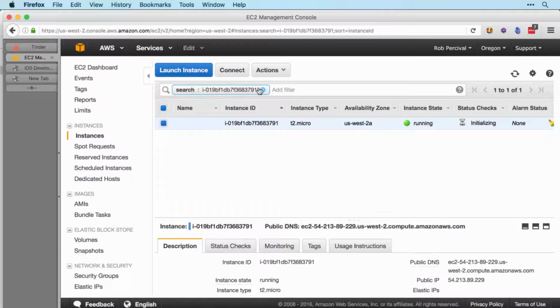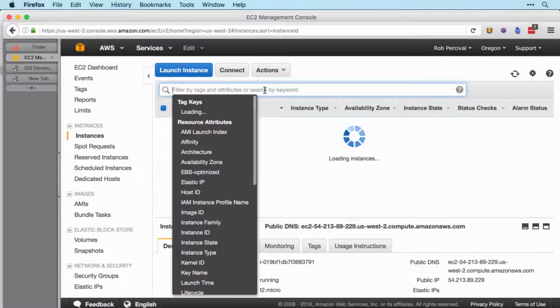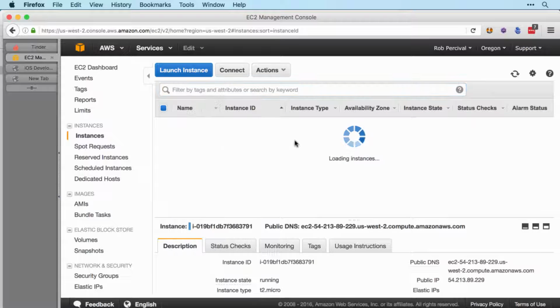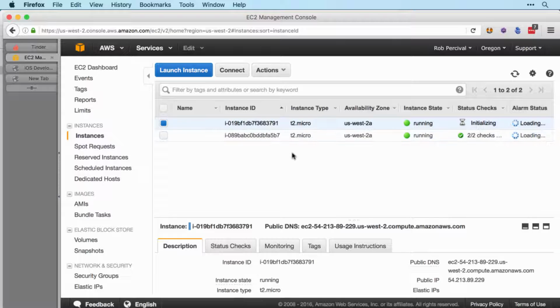And there we go. You can see I've got a filter there, so it's only showing the newest one. If I get rid of the filter, then we'll be able to see both instances. Make sure you know which one's which. So this one's still initializing, so I know that's the new one. So here's my public DNS. So I'm going to copy that